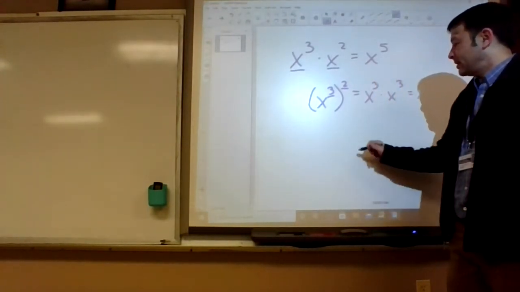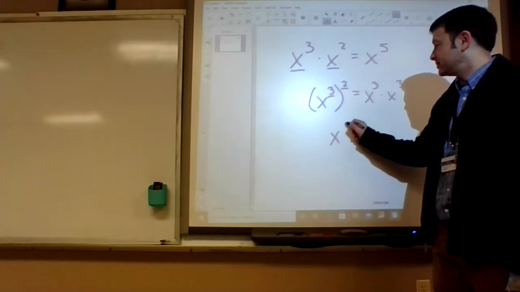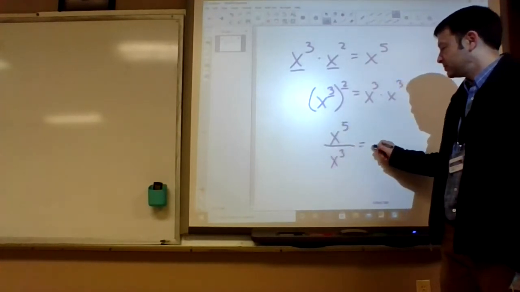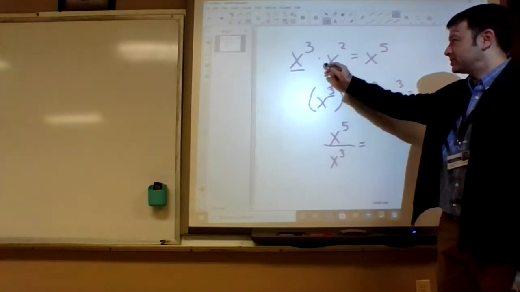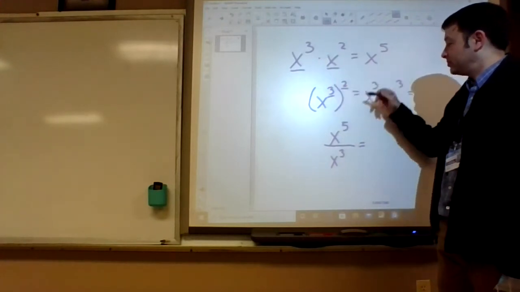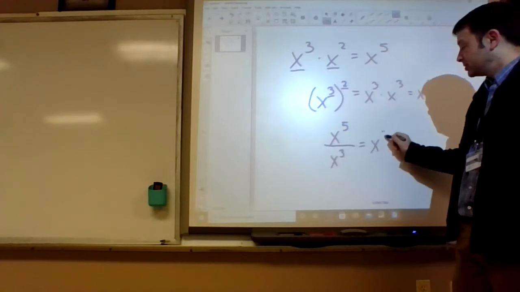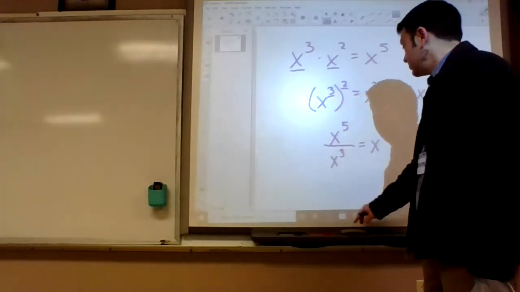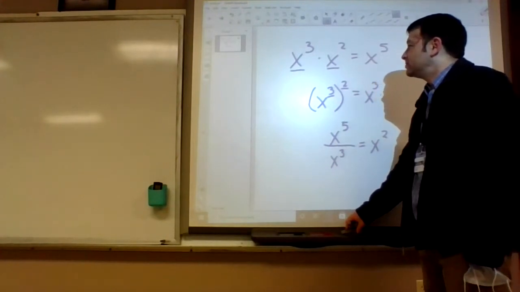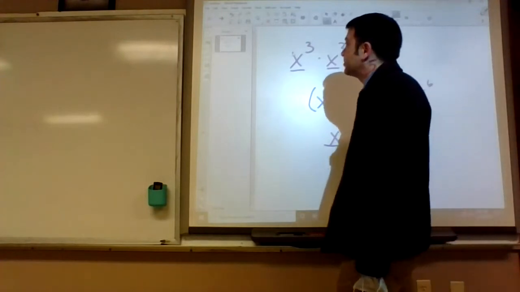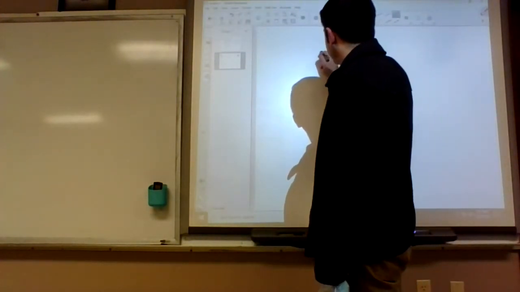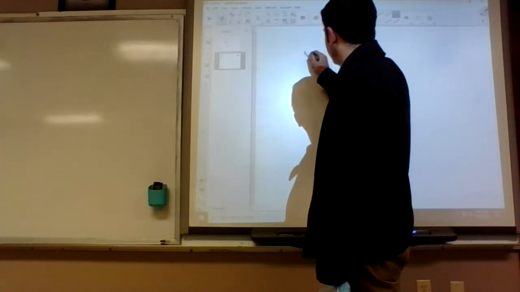How about this? X to the 2nd. Right, so it's the opposite of this. When you multiply, you add. When you divide, you subtract the exponent. Alright, that's not really what we're doing today, but yeah. Just to review. We kind of talked about this before, but what happens when I do,